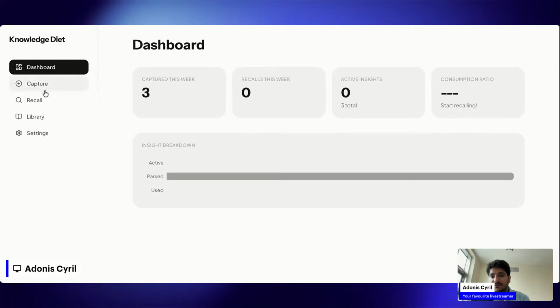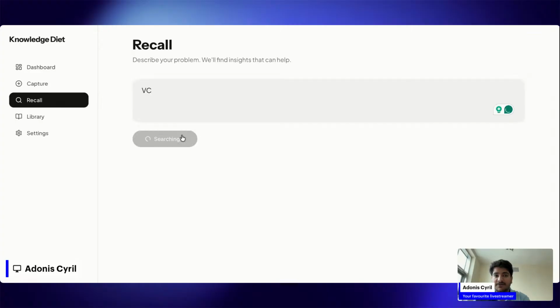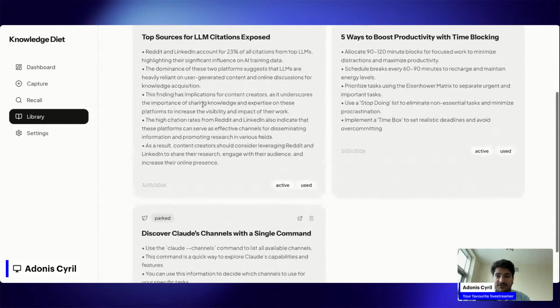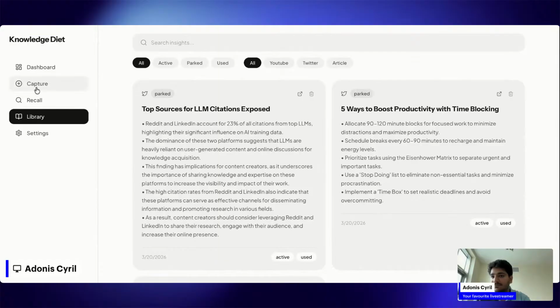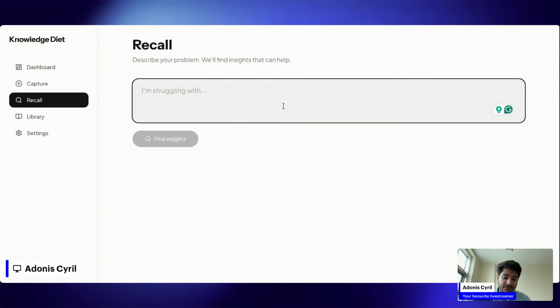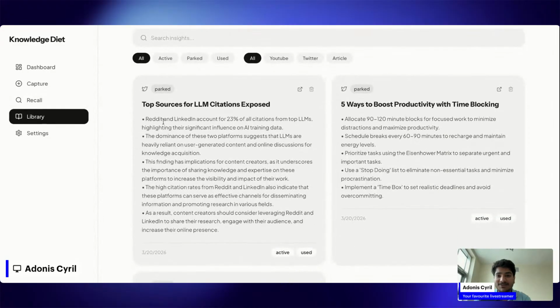What I have to do is go into Recall. You can say, for example, VC, and it should ideally be pulling, but right now it's not pulling anything. It says no matching insights found, but we know that it's supposed to be here. It's supposed to take from here. So I can, for example, right here, see LinkedIn. If I type in LinkedIn, it's supposed to pull, but it's saying nothing. But you and I can both see it literally says LinkedIn right here. And that's because one of the latest Git pushes has not been merged properly.